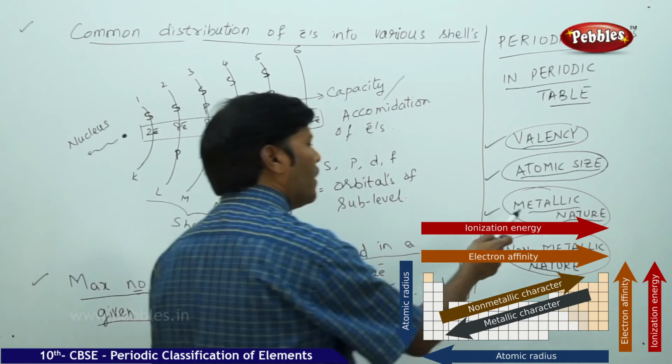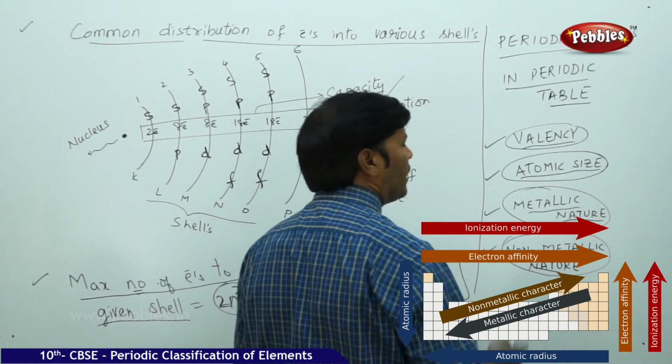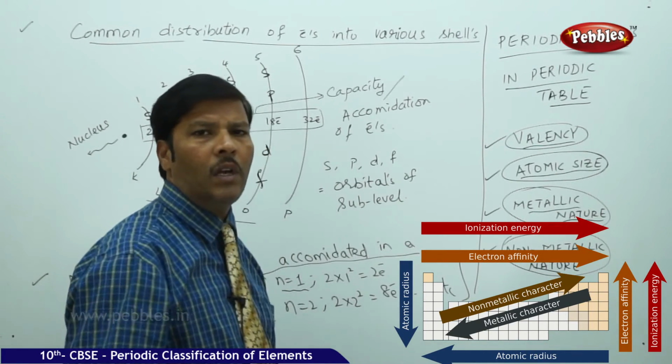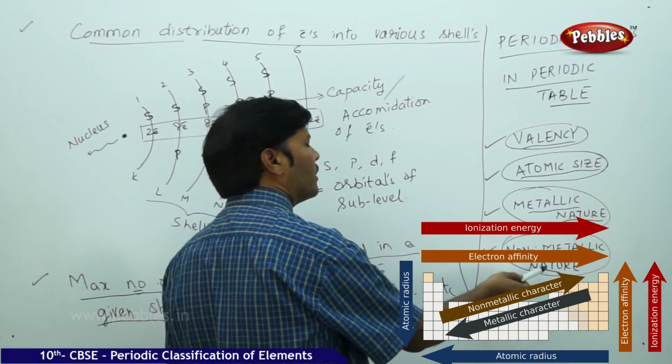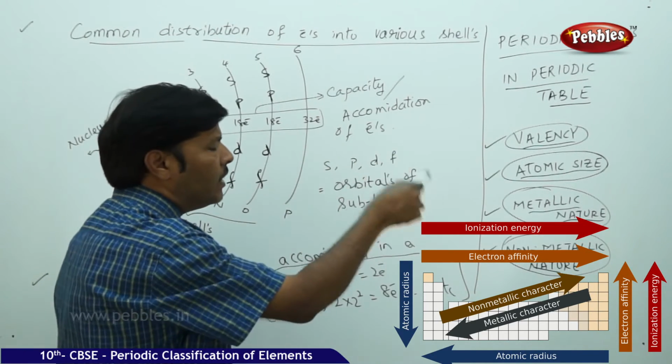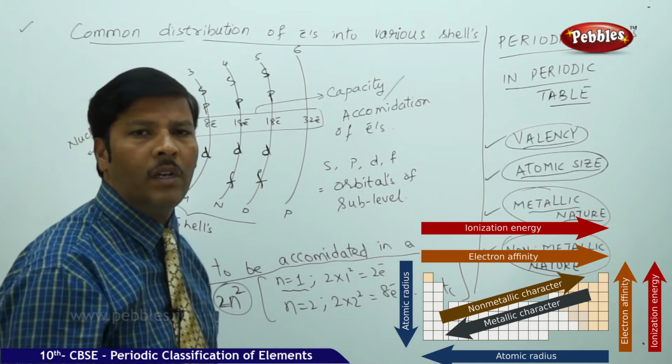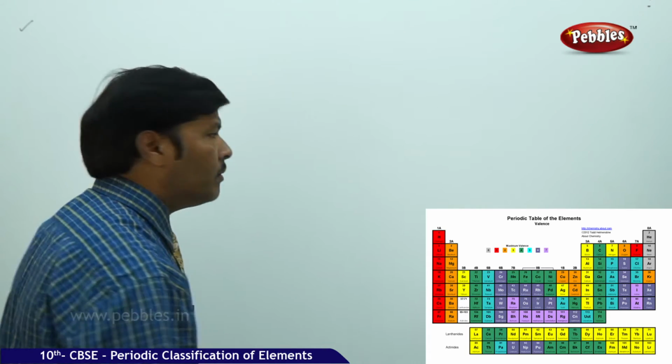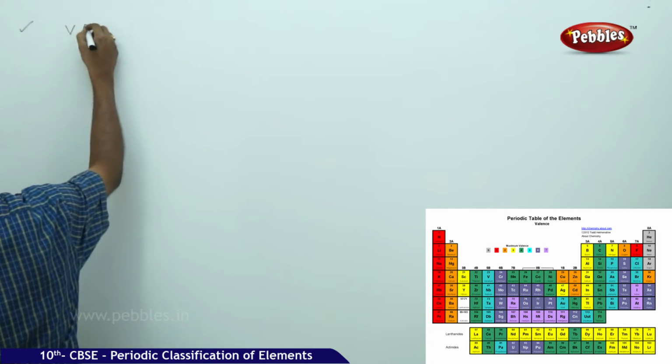In general, all the metals, if they are metallic in nature, have a tendency to lose electrons, and all the elements which are non-metallic in nature have a tendency to gain electrons. So let us justify these properties by taking suitable examples. So let's continue. If you go for valency,